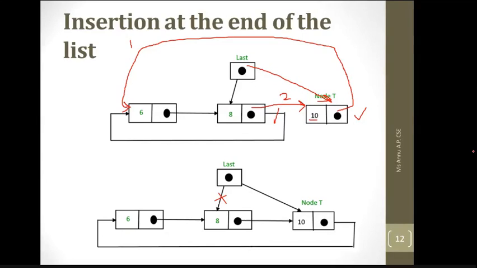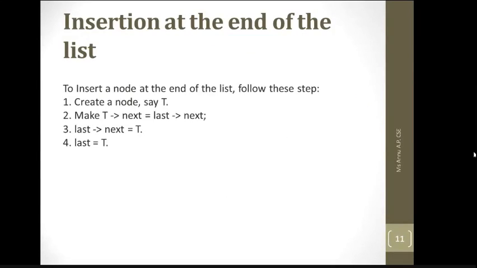Fine class. So it is also very simple to insert, and here you can follow these steps. In the first step, allocate the space to this node, and then you need to be careful about the order of the assignment of pointers. First assign T next, that is the created node. The next field of this created node should be the last next, meaning here we are assigning 10 next equal to 8 next, that is 6.